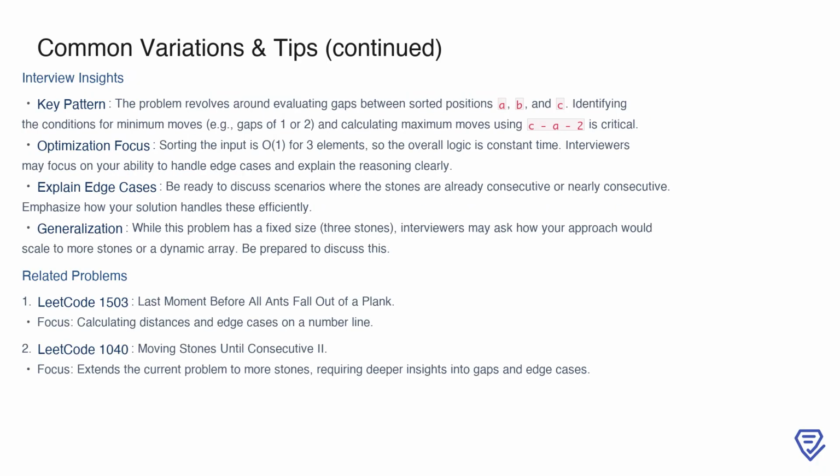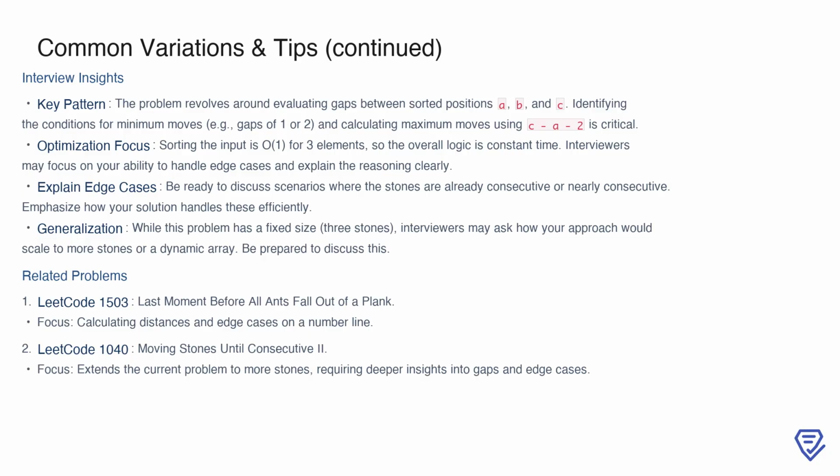To excel in interviews, it's important to recognize the key pattern in this problem, evaluating the gaps between the sorted positions A, B, and C. Understanding how gaps of 1 or 2 influence minimum moves and using the formula CA-2 for maximum moves is essential. Since sorting 3 elements is an O(1) operation, the overall logic is constant time, which is a strong point to highlight. Interviewers often focus on your ability to handle edge cases and explain your reasoning clearly, so be prepared to